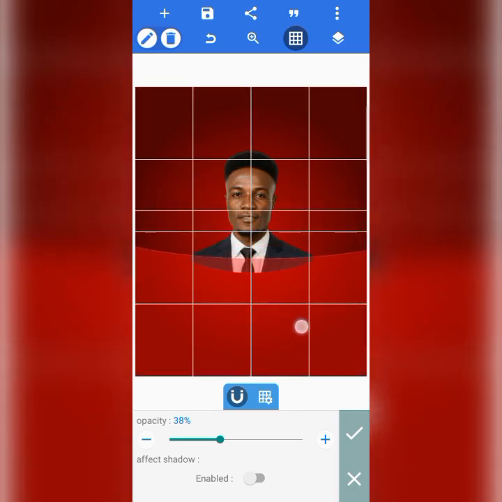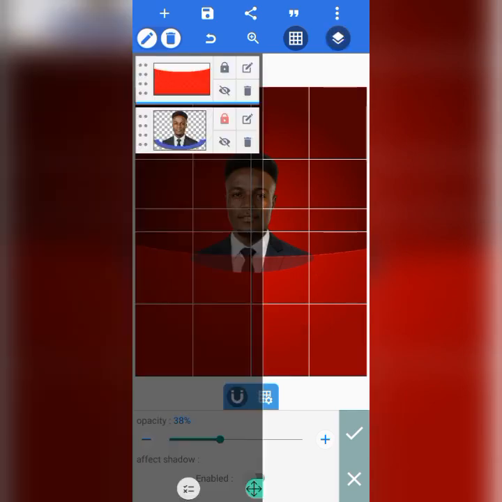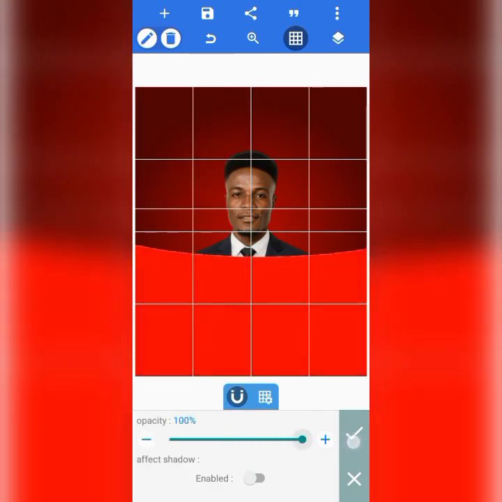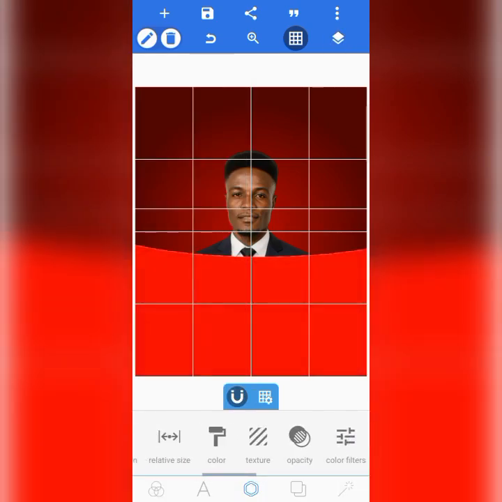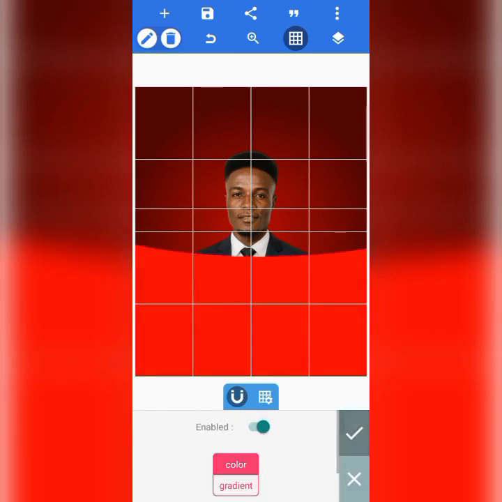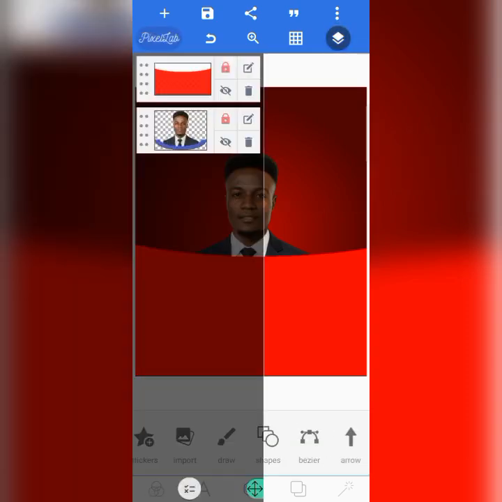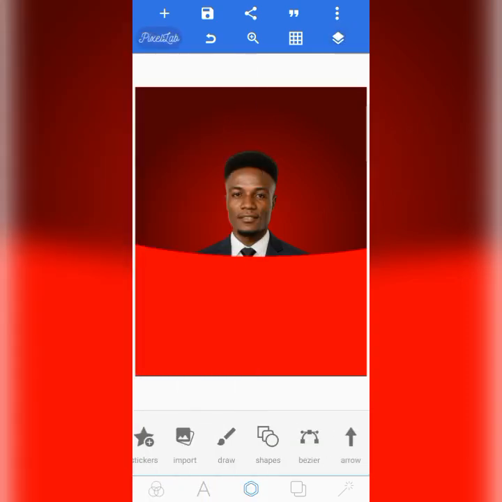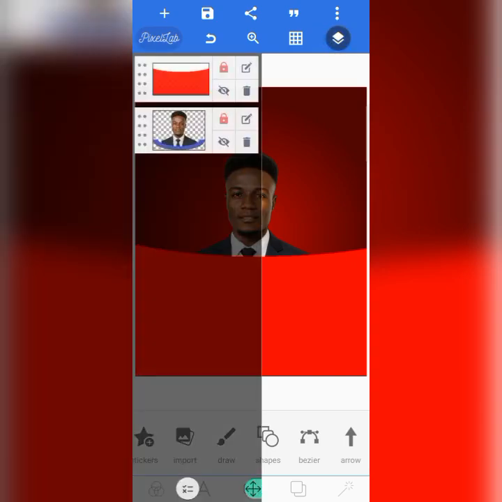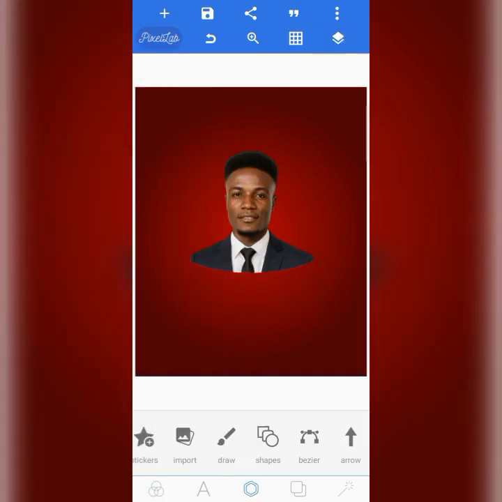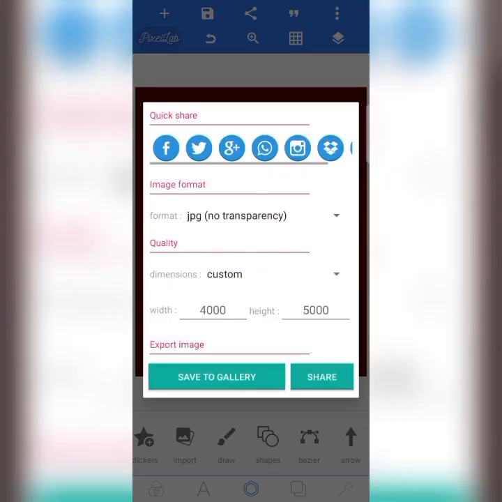So I'm going to place it like this. Perfect. And then lock it. Let me take back the opacity. Alright. Now what is going to happen is we are going to export this design, but first of all I will hide the shape here, and I'm only going to export this one first. So just export this one,